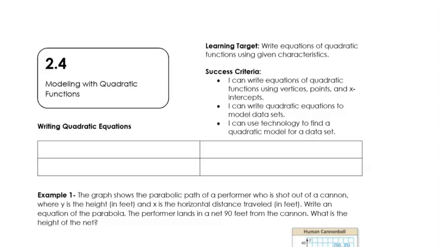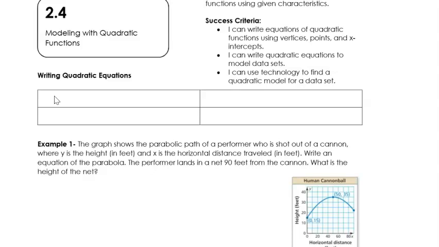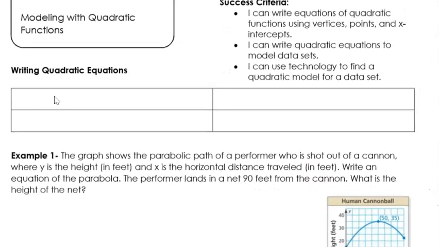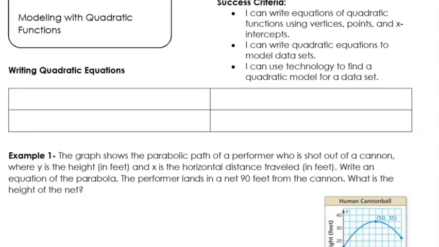Algebra 2 2.4 notes over modeling with quadratic functions. So when you need to write a quadratic equation, we have kind of two options here. If you are given a point and the vertex, so if you know it's the vertex, and then one other point that's not the vertex, then you should use vertex form,